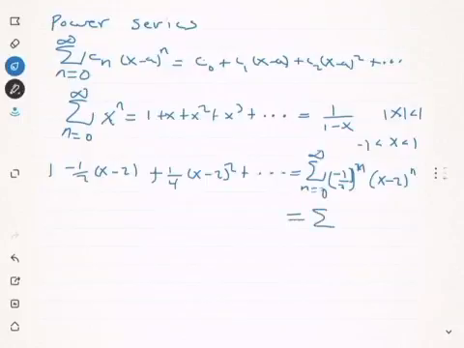And when you write it down, this is just the sum as n goes from 0 to infinity of (minus (x minus 2) divided by 2) to the n power, with this minus sign here